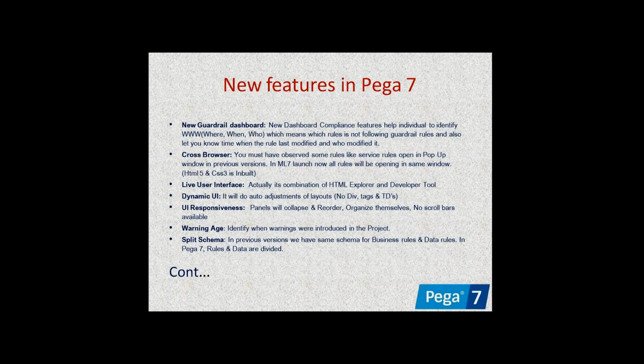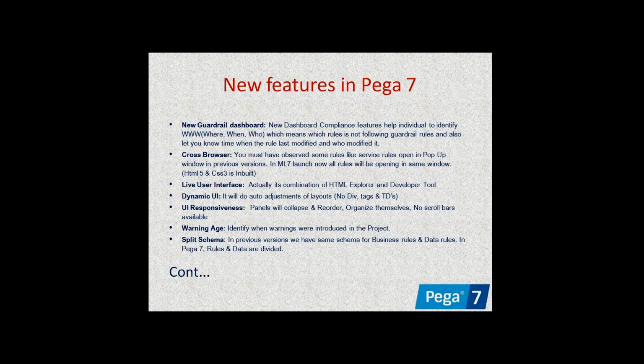When we compare with the previous versions, 6.3 is the previous version, and so many changes have been made, guys. Right now, in the current version, the total look and feel is changed compared with the 6.3 version, and so many features are deprecated. In Pega everything is called a rule. So many rules are deprecated in version 7, and so many new rules have been added.